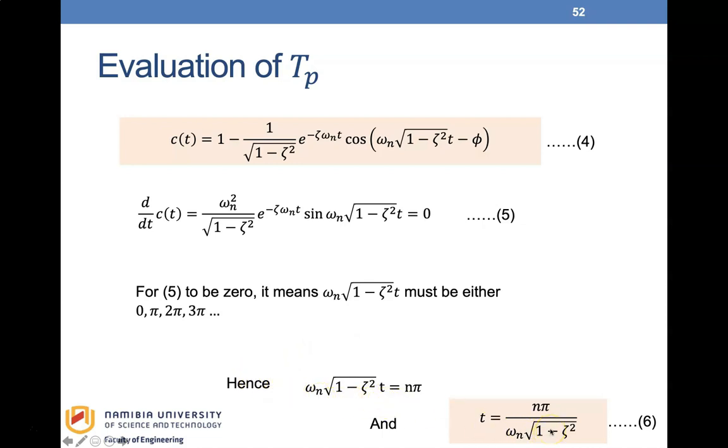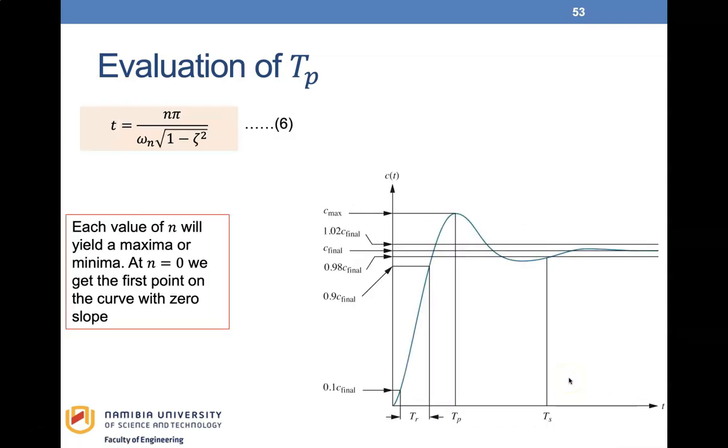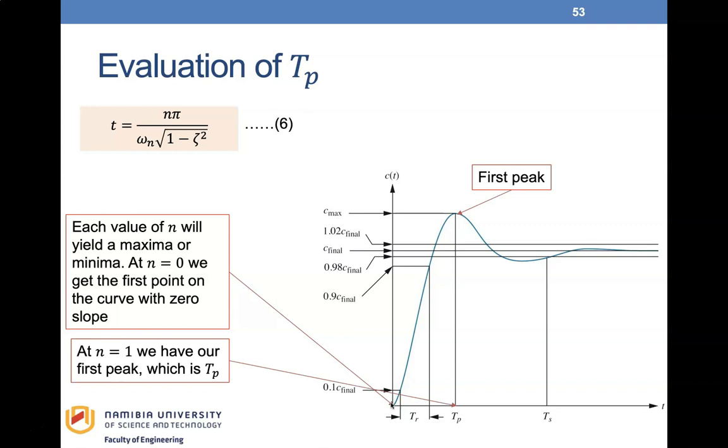So we now have the equation with respect to the time t. Each value of n in this equation will yield a maxima or minima. At n equals 0, we get the first point on the curve with 0 slope. And then at n equals 1, we have our first peak, which is T subscript P,